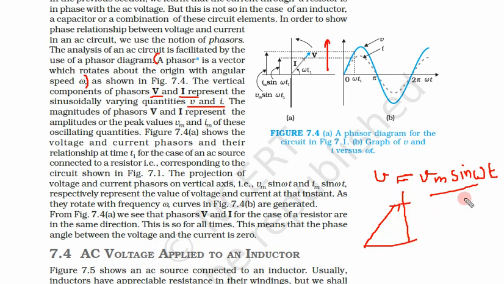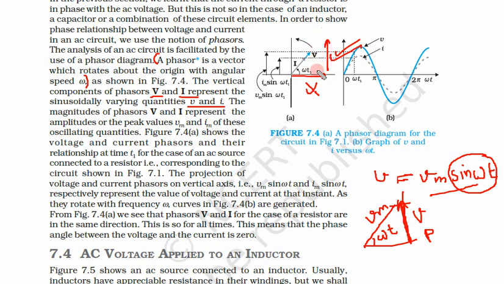So here we have sine theta. This vector is Vm, the maximum value possible. Since we are talking about sine of omega t, this component will give the value of V, because sine theta is equal to perpendicular upon hypotenuse. Because of sine theta we are taking this component, not this cos component. Since our wave is a sinusoidal wave, we are taking the vertical component, not the horizontal component.